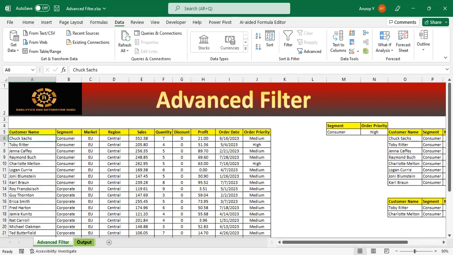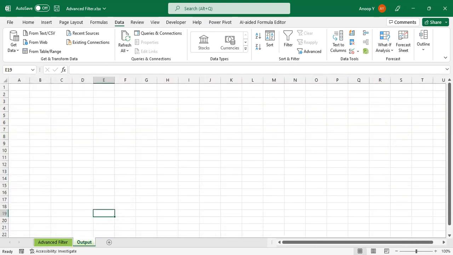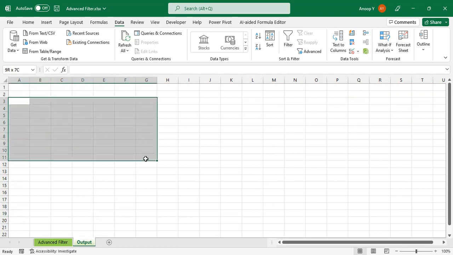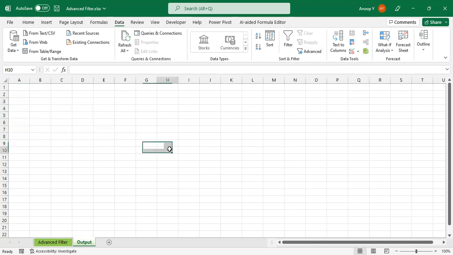So advanced filter has the golden rule. You have to press Alt+D+F+A or just click on this Advanced in that sheet only where you want to show the output. Advanced filter always reflects the result into the active sheet. So it means if I need the output in this Output tab, then I need to come into this sheet first,